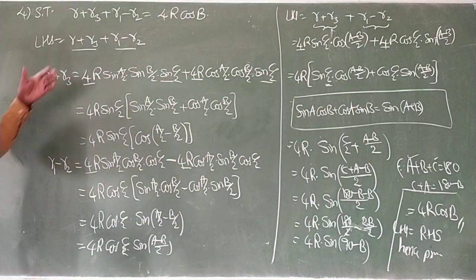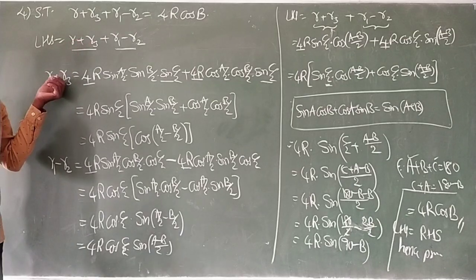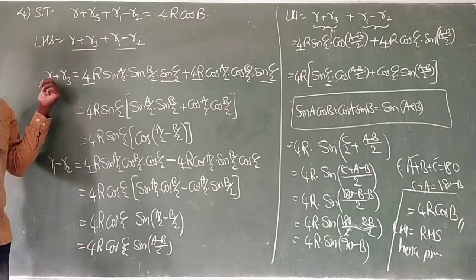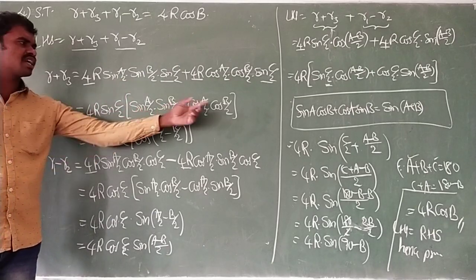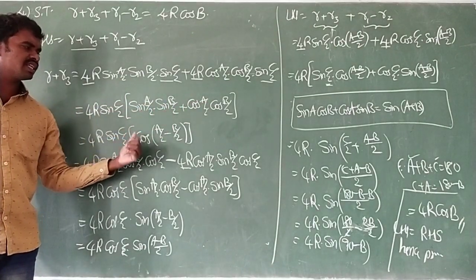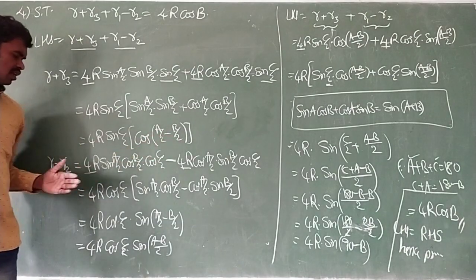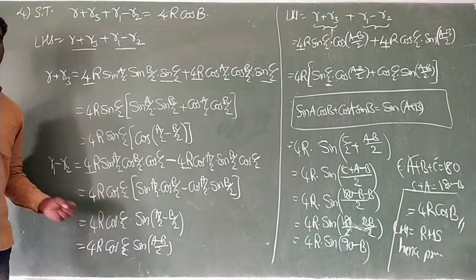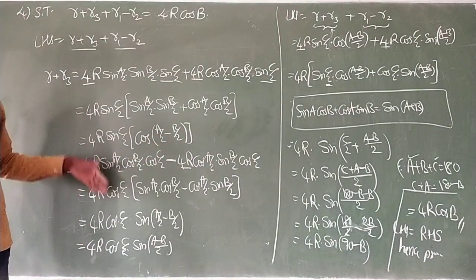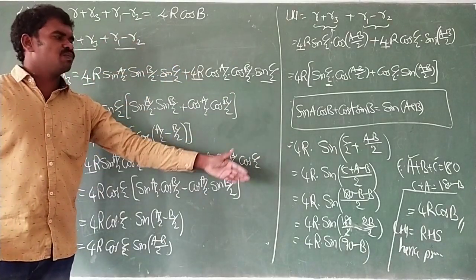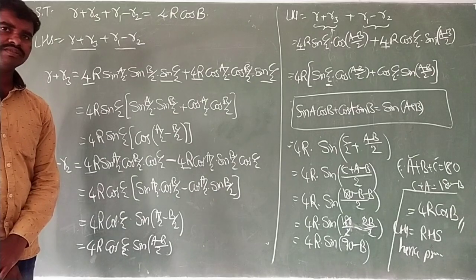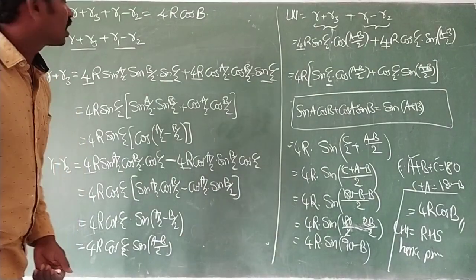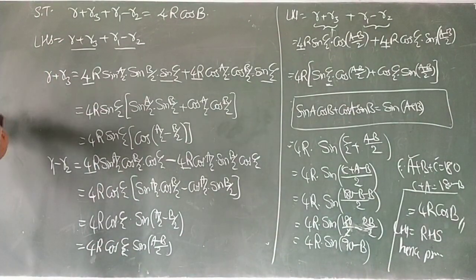See, first take the first two terms, R plus R3. I simplified by substituting what is R, what is R3, and took common, and used the cos A cos B plus sin A sin B formula, that is cos of (A minus B). And take the second two terms and simplify the same as well. And those two substitute in LHS and simplified, we got the answer. Is it clear?